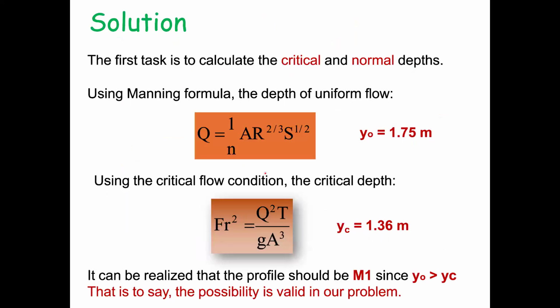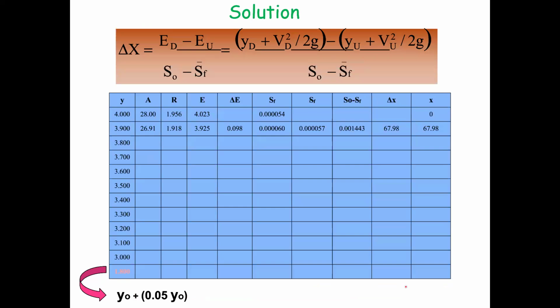So to start with, you should use Manning and the original formula, which is this one, to find yc and yn. When you do that, you have the profile and you notice it should be M1. Why? Because your y normal is more than yc. Being said, the possibility is valid in our program. So if you remember, you had a table like this. And as I mentioned, try to have as many columns as you can to break down your calculation. We start with